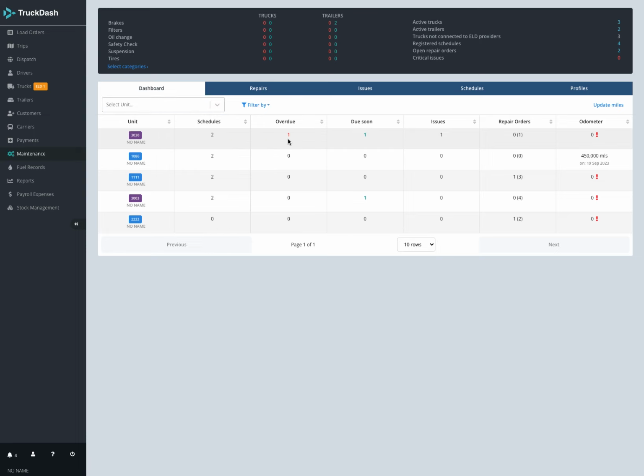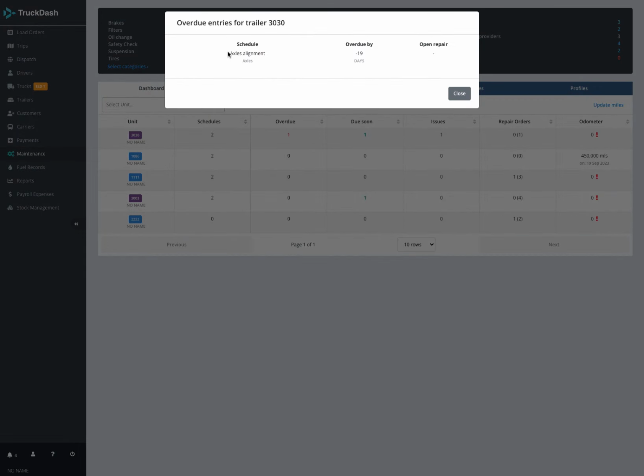You can see the number of maintenance schedules overdue. So here we have an Excel alignment overdue by 19 days and there are no repair orders open for this issue, with this